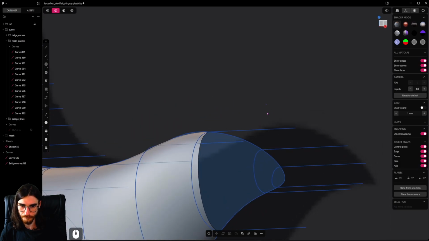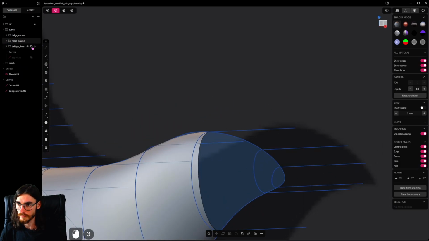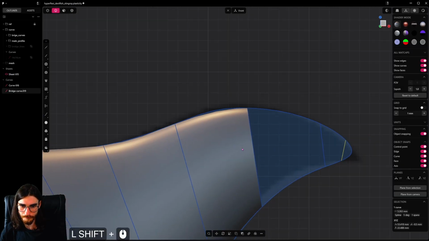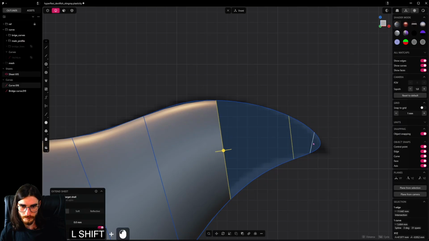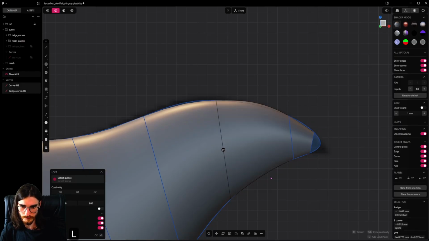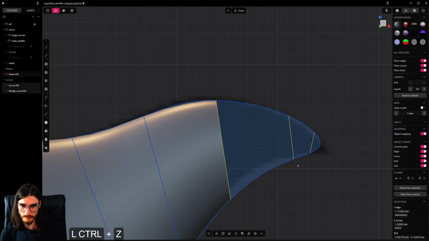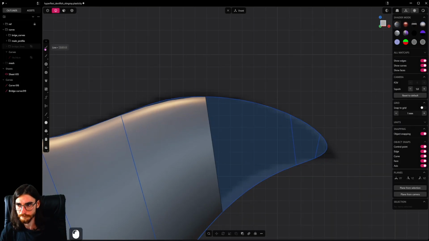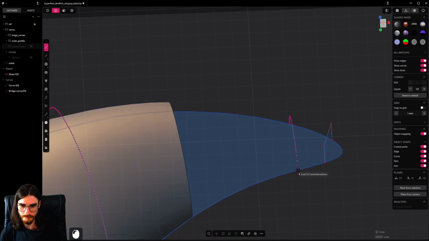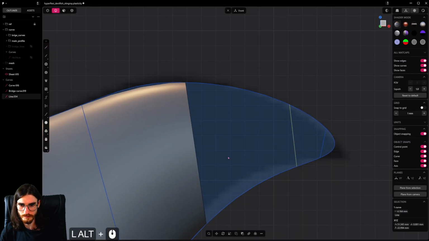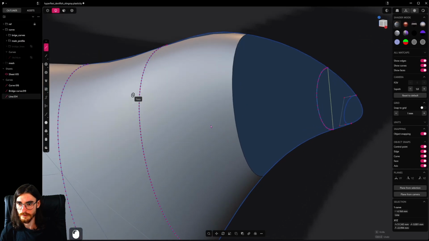Okay, so now we will hide these lines again. Yep, and I will hide this thing too, and let's just loft it here like that, and we can use this thing, but yeah, again we need to cut it, and we need to cut it definitely from one side to another like that, and the same thing here, just drop it like that,